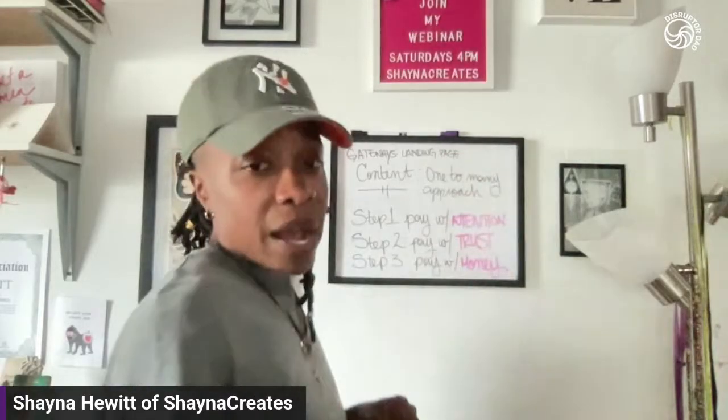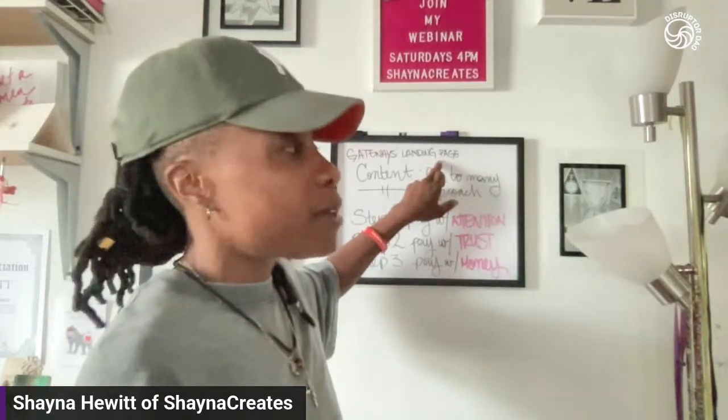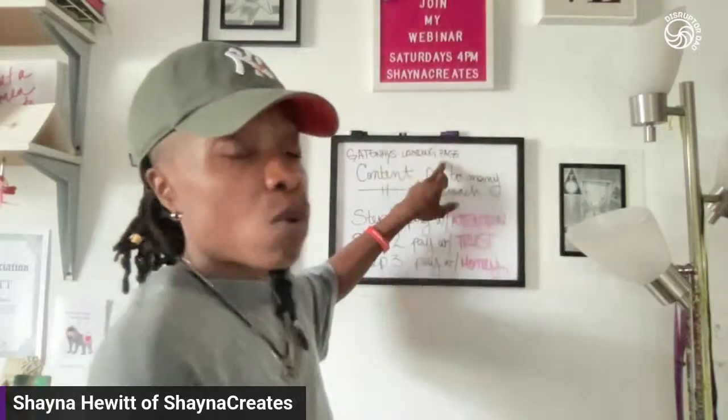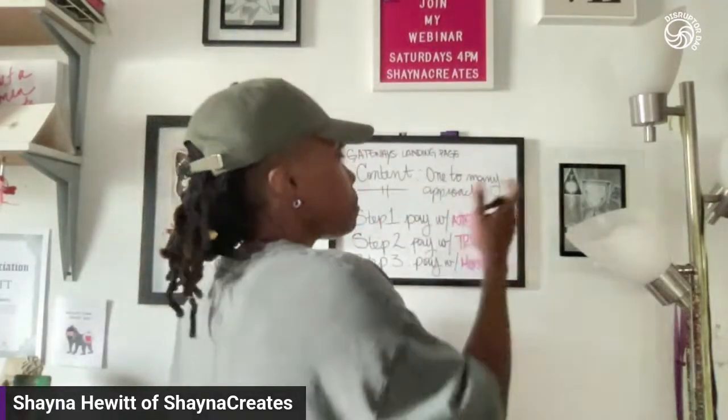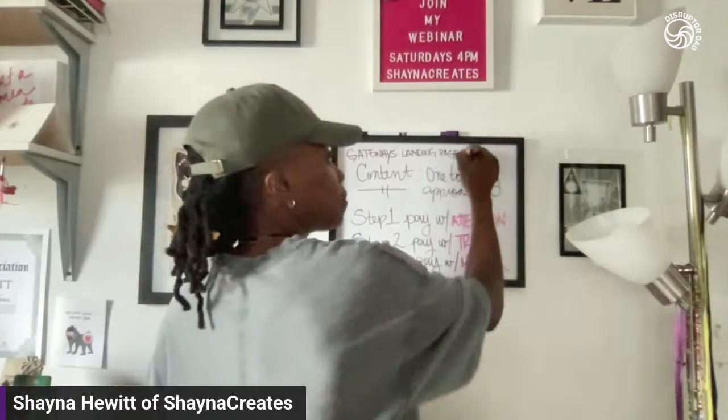So people watch your content, you write in the description box exactly what it is that you have to offer them, and they click on it. Let's say they click on a link and it takes them to a landing page. That's where all your products and services are. That's cool, right? Maybe there's some more free things there, or maybe there's some paid things there.